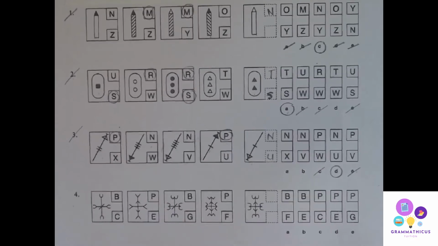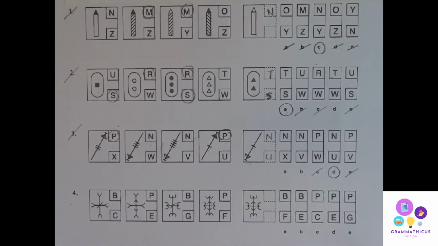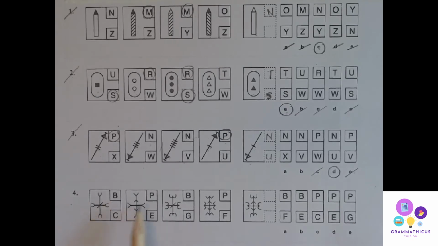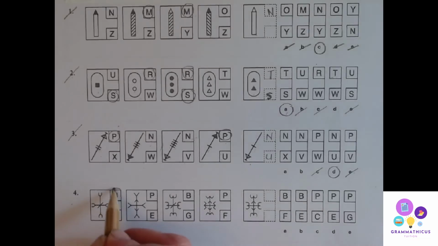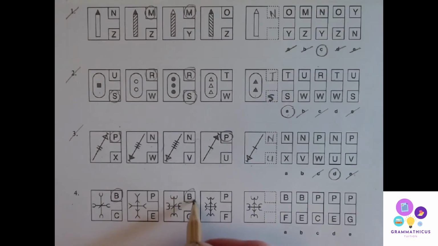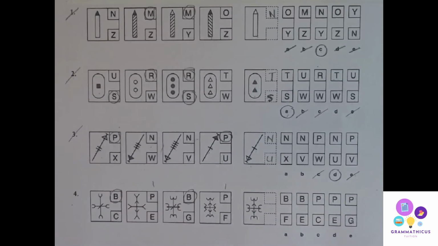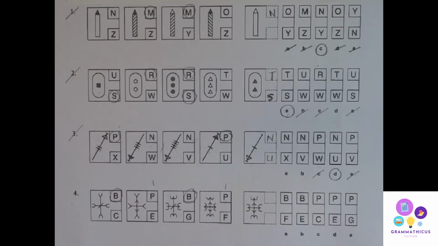Okay, let's have a little look at question number 4. Okay, question number 4, I'm going to look at those top letters again first, and I can see that I have 2 that have B, and also I have this one and this one that both start with a letter, but they both have a P. I'm going to take the ones that have a B, and I'm going to look at these and see what they have in common. Well, I can see that they've both got this U shape,